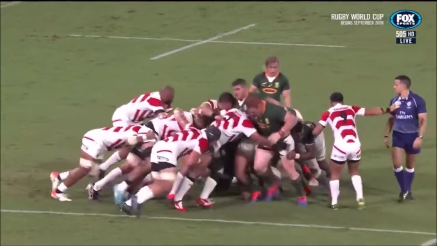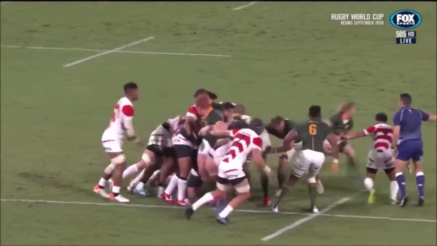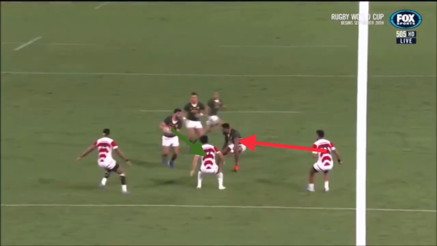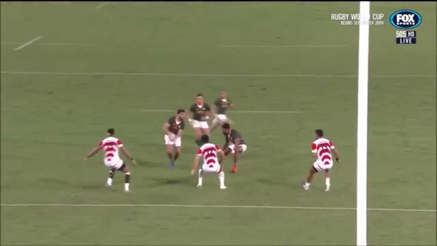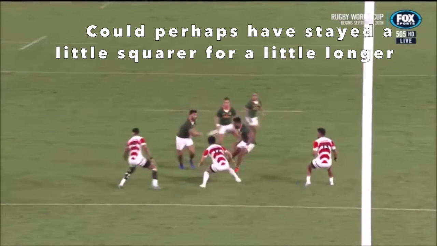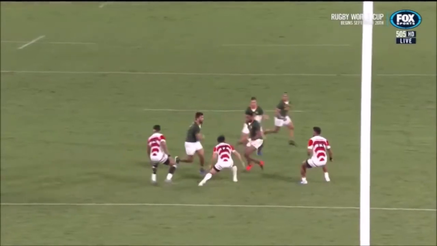We actually get an even better perspective from this replay, seeing that Diolande attacks the 12. He doesn't try and attack the space either side of him. He tries to attack the 12, getting him to sit down on his haunches. As we can see there, Am is breaking into the space between the 12 and the 13, trying to turn Lasaele in. Unfortunately, not doing a very good job of it, but it doesn't matter because Cheslin Colby being that